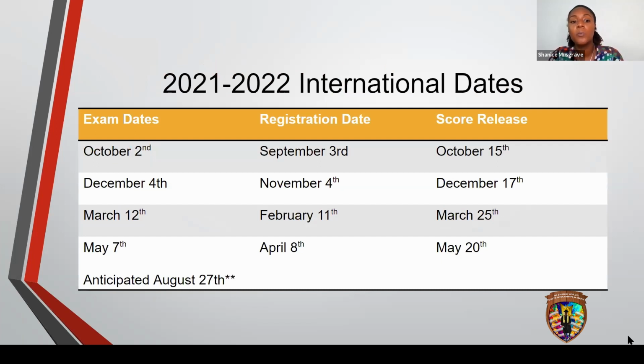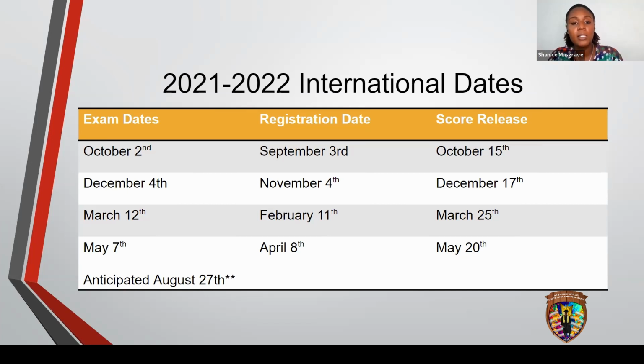So this is just to give you a little breakdown of the upcoming dates. I would have listed the final 2 for the year, and then the first 2 that would begin in 2022. So you have the October 2nd that is approaching. Of course, you note the deadline, and then you note the score release date. And we have December exam approaching as well. I just about started a class cycle this week for the December exam, but we'll talk more about that. Deadline November, score release date, as you can see, a couple days later, December 17th.